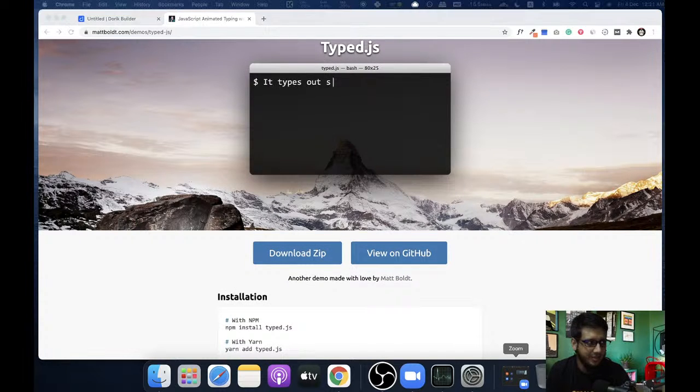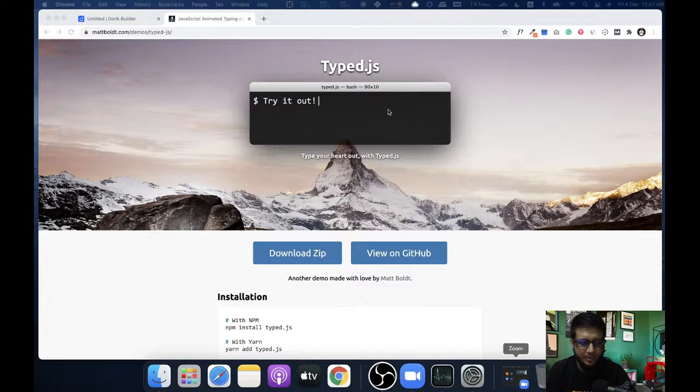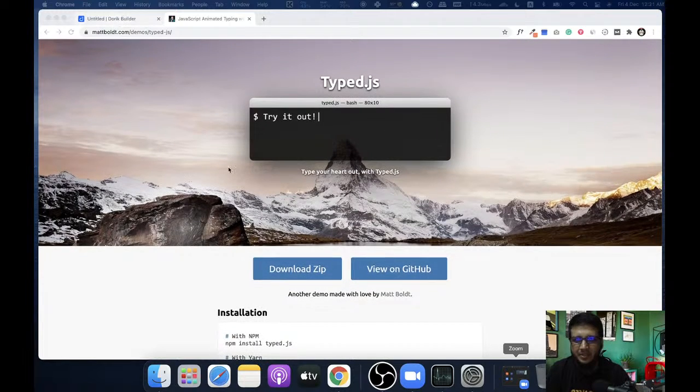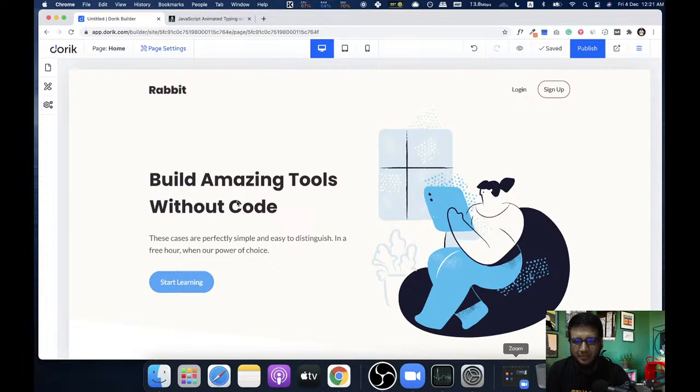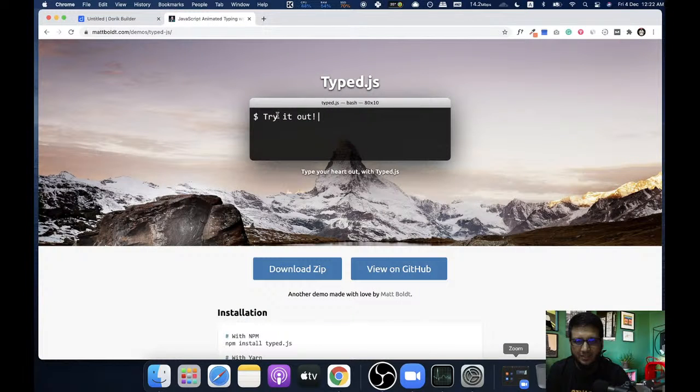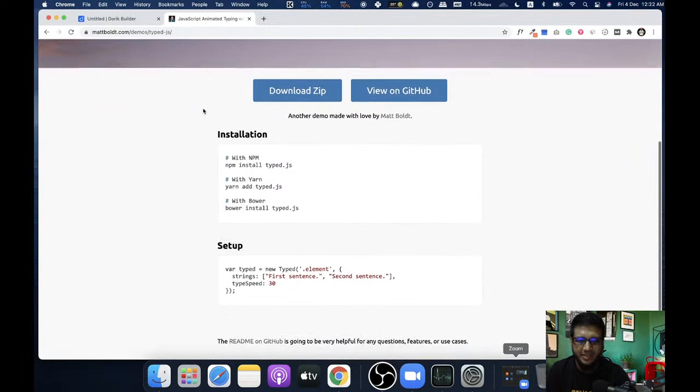If yes, please reply. If this is the effect you are looking for, I think we are going to add this in 2-3 days. We are already working on it. So you can, let's say, add some text here without code, then this will be changed to another text, one more, 2, 3, 4. This will come like this, be deleted, then another text will be written.